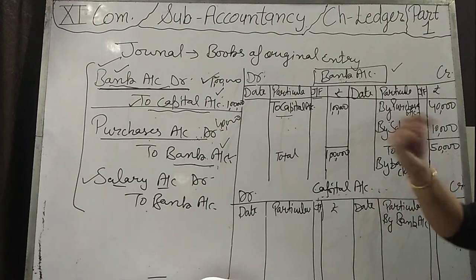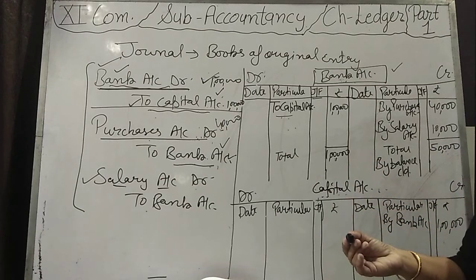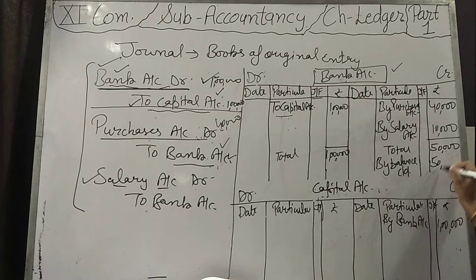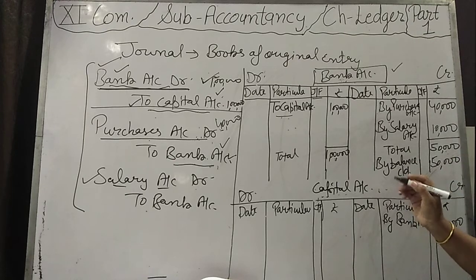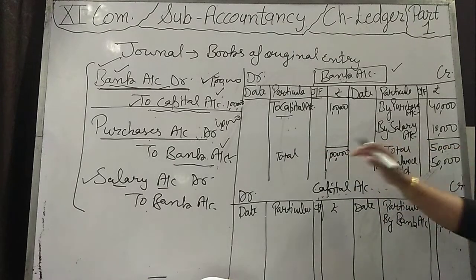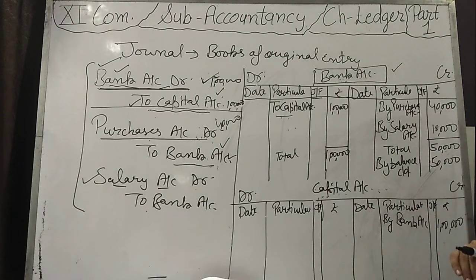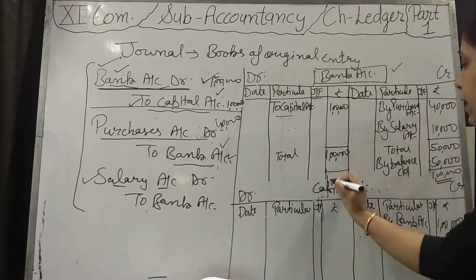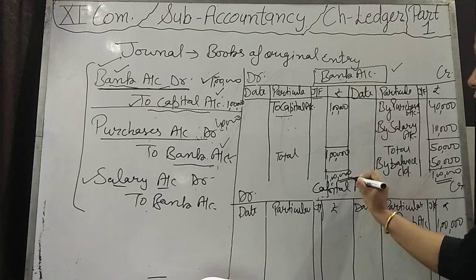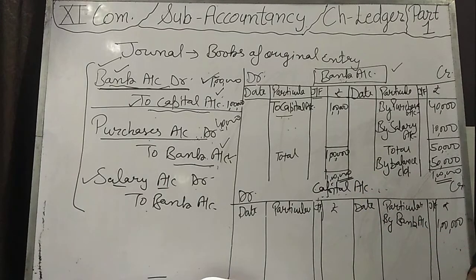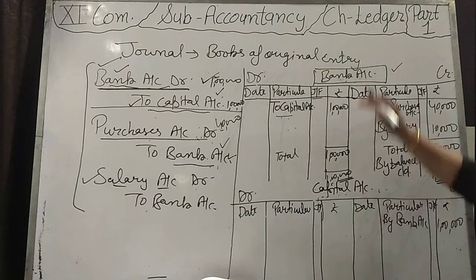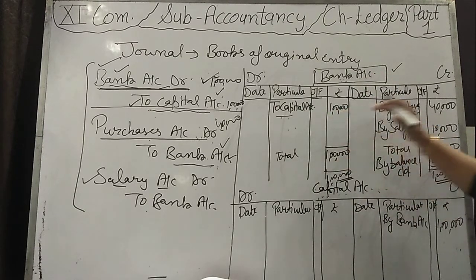Carried down means कि ये बैलेंस हम नेक्स्ट मंथ आगे लिखेंगे. This is 50,000. How will we calculate the balance? Difference of the total of both sides is known as balance. Okay, so 1 lakh, after that again we will write here total 1 lakh and put 2 lines. 2 lines means now the account has closed. Okay, so this is how to open the account and how to close the account.